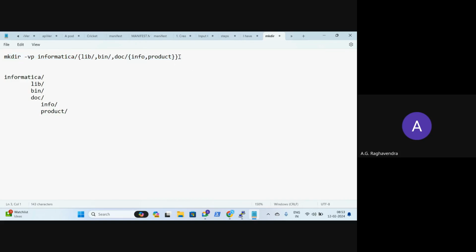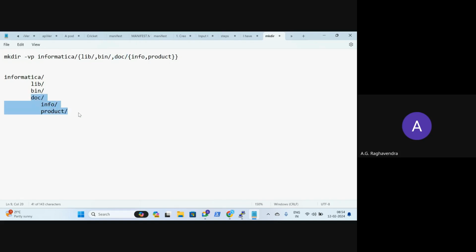So when it parses from right to left, when it encounters a brace, it thinks that there should be an ending brace. Then under the brace again there is a brace. It thinks that this is a sub brace. So after this, it will parse on. It will see there is a starting brace, which means this is the end of a brace. So it identifies info and product belong together, but it does not know what the parent is. Then it goes and sees there is a slash, there is a doc.